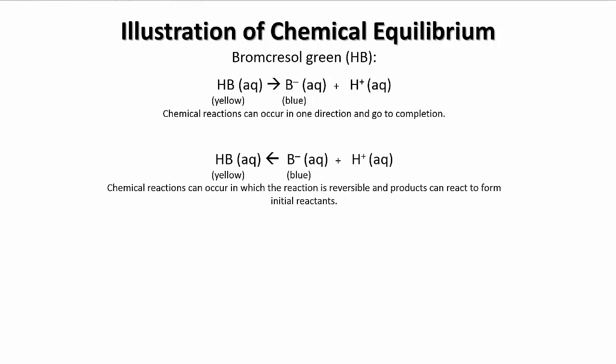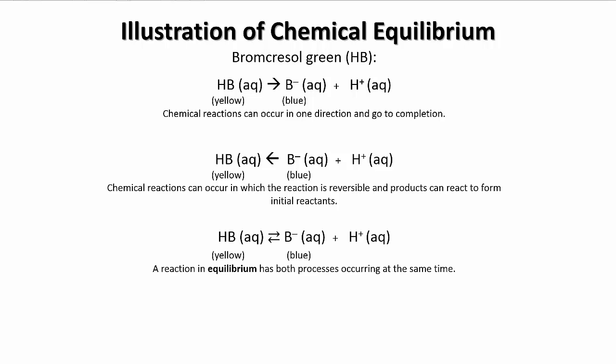We can have chemical reactions in which the H+ and the B- combine back together to form the HB. So we can have reversible reactions. So products can go to initial reactants. So the first one, we have reactants going to products. The second one, we have products going back to form reactants. Well, when this occurs, we actually have both reactions going on at the same time, and we call that an equilibrium. Okay, so let's take a look here at a little video